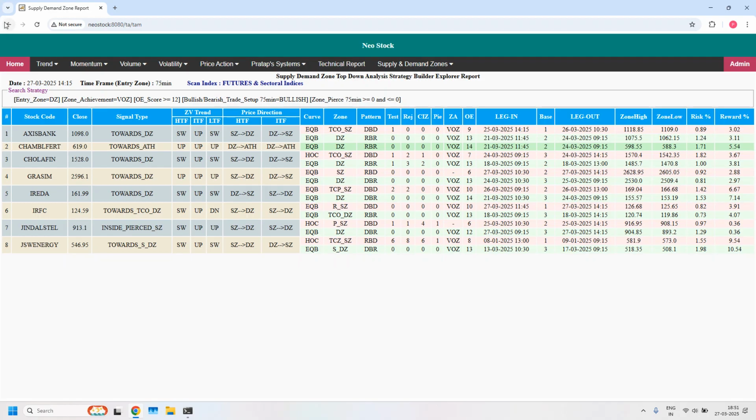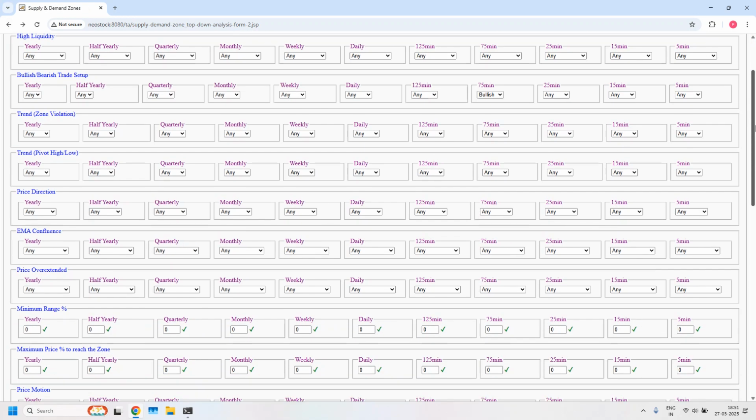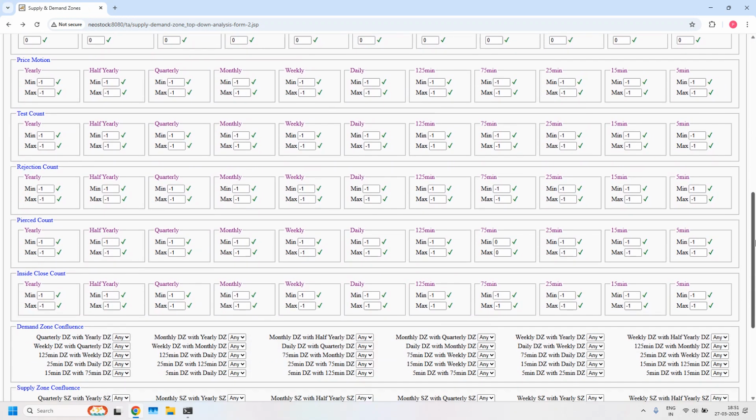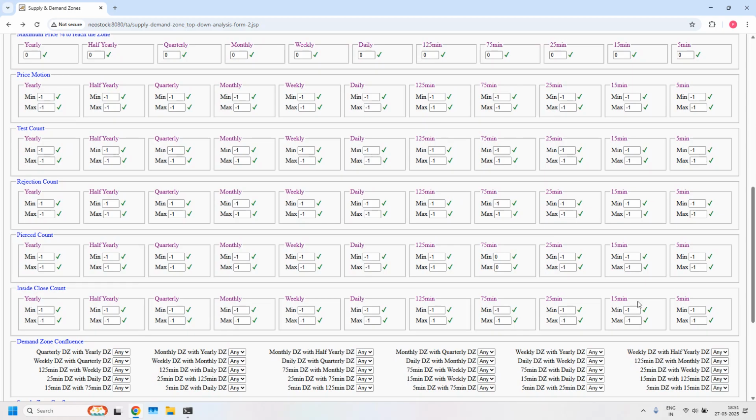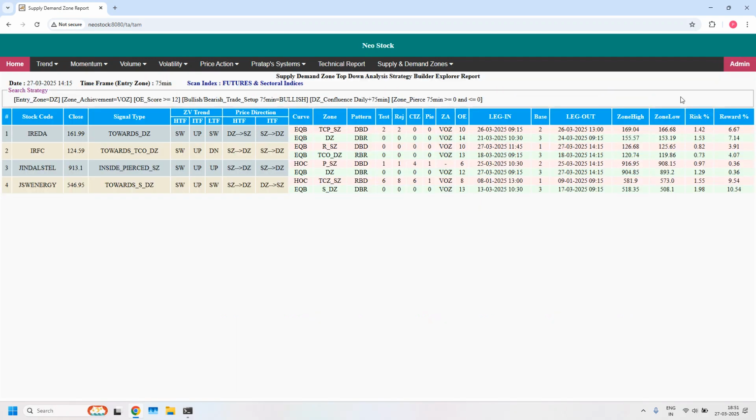Okay, I'm filtering LTF and ITF demand zone confluence supported stocks. LTF is 75 minutes, ITF is daily, so 75 minutes demand zone with daily demand zone confluence. I enabled the filter. With this filter, we got 4 stocks. In these 4 stocks, these 75 minutes demand zones are overlapped with daily demand zones,